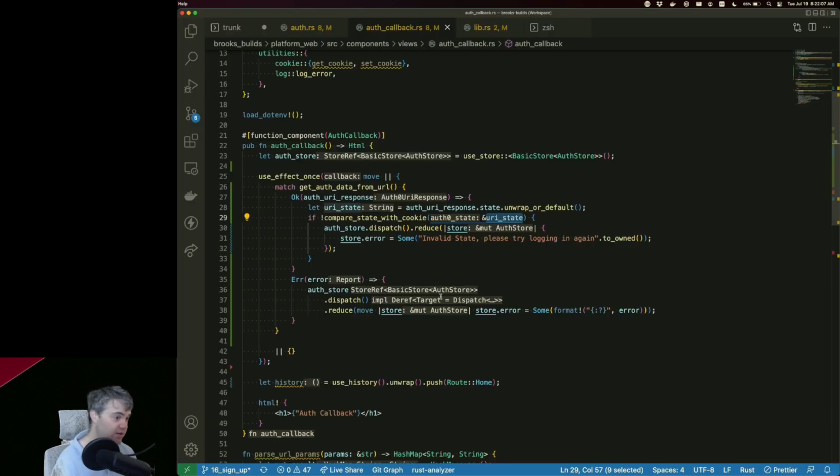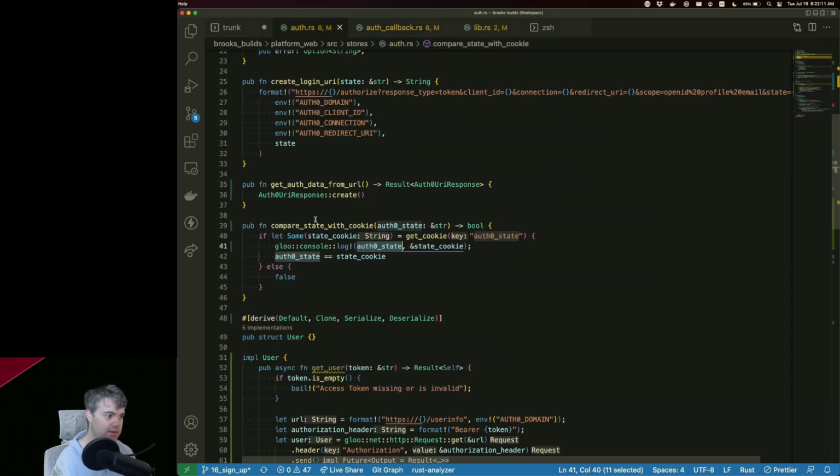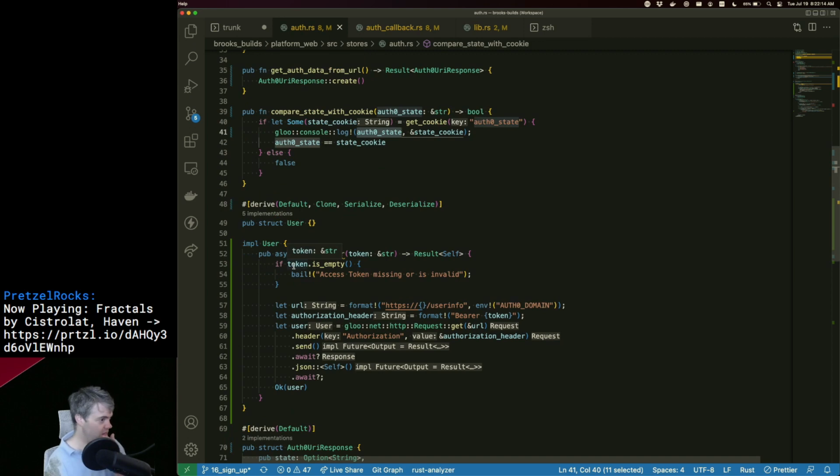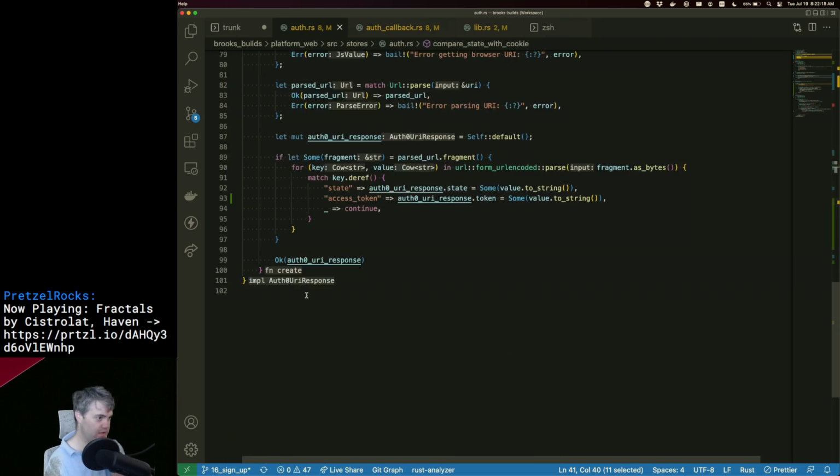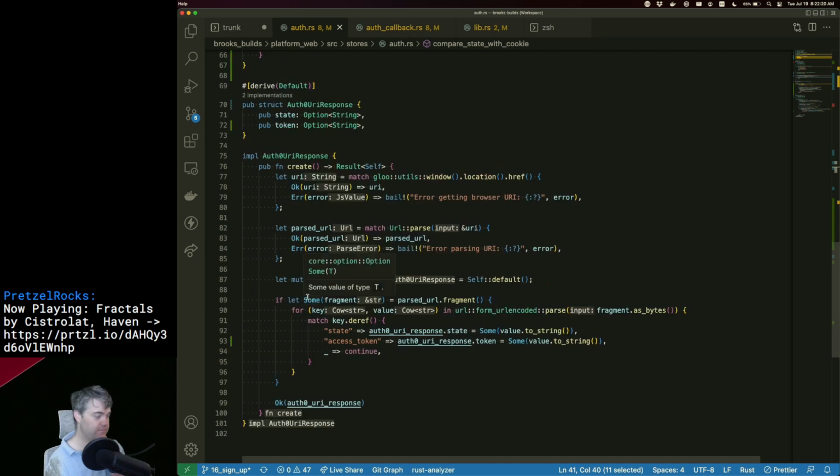I see that there was a cookie in here and there was a state in here and it was correct. So it should have gotten it. We have a state in here.